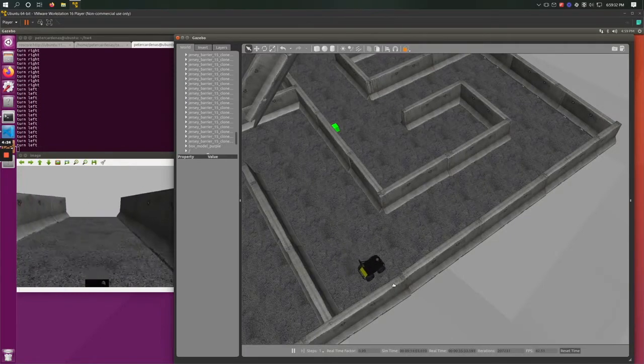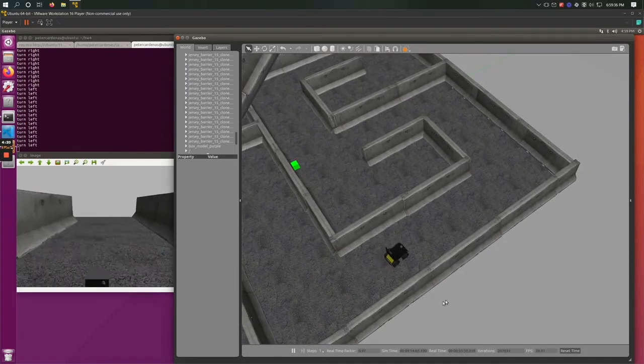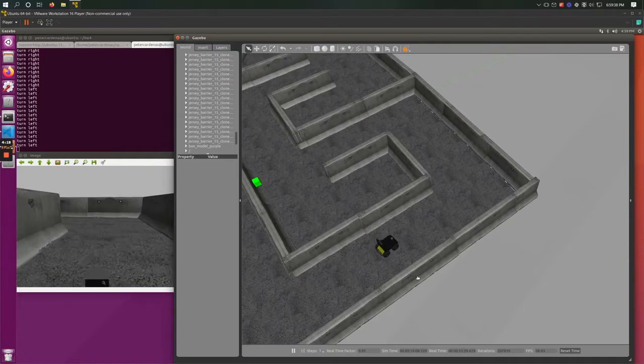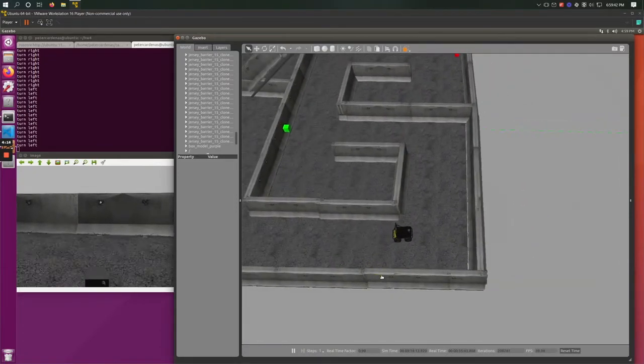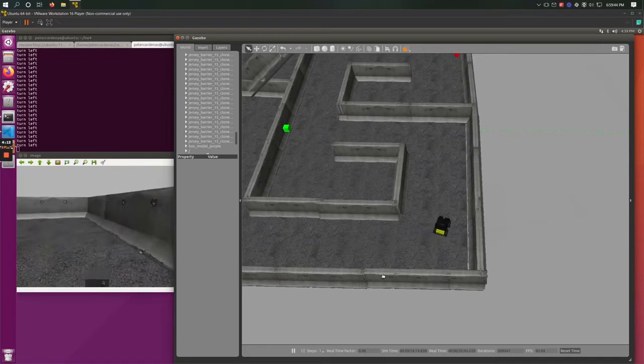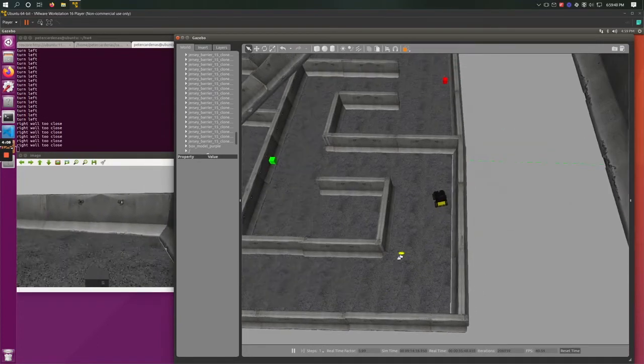Here, Husky turns left once it reaches a wall, keeps going on this straightaway, just continuing to move forward until it reaches a wall. Once it reaches this wall, it notices that there's only space on the left, so it moves towards the left,